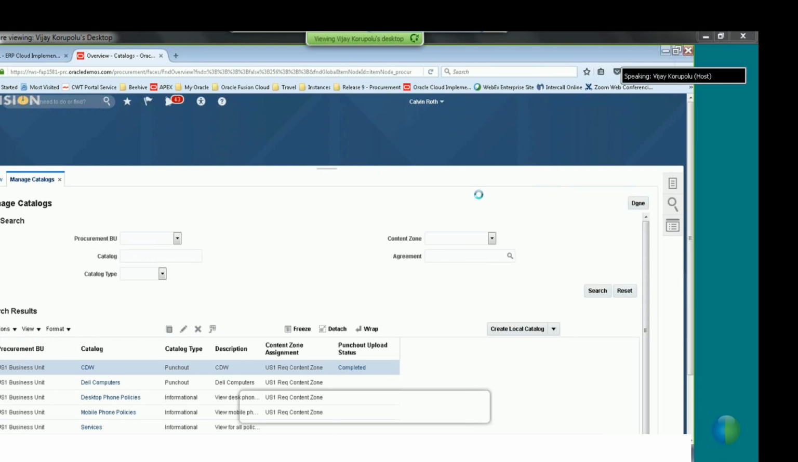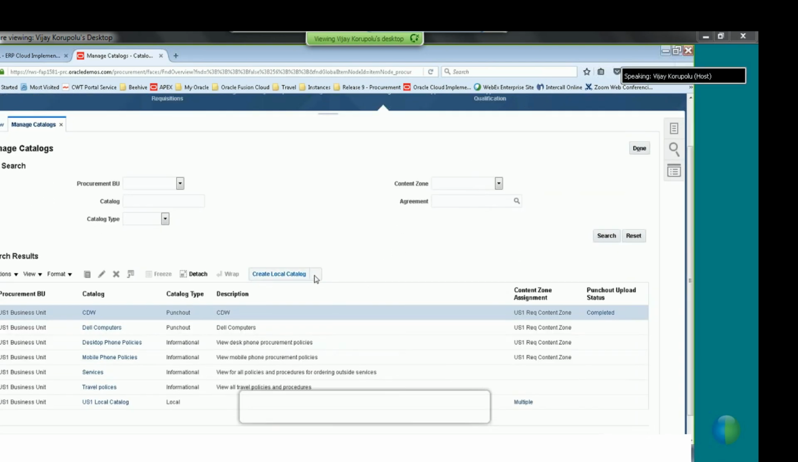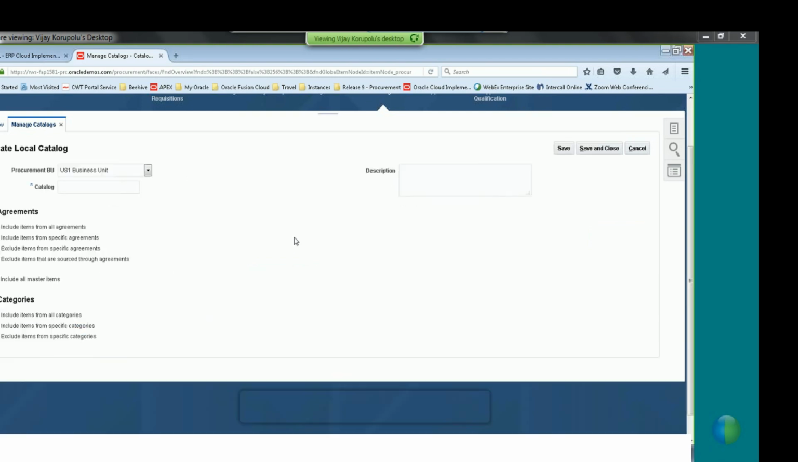As we have seen, there are three types of catalogs available: a local catalog, a punch-out catalog, and an information catalog. If you want to create a local catalog, click on the button. If a punch-out catalog, select punch-out, and likewise for information catalog. So what exactly is a local catalog? When I click on local catalog,